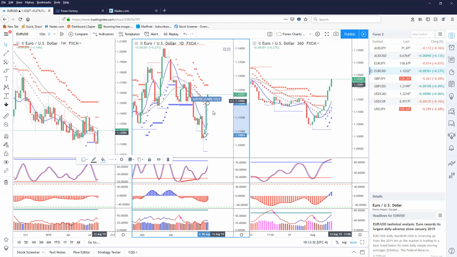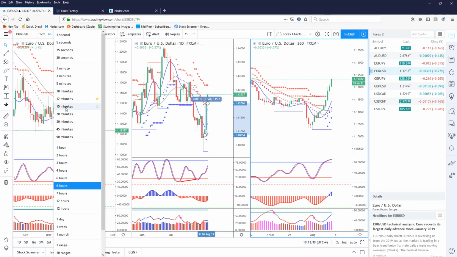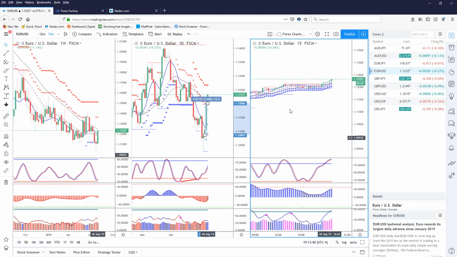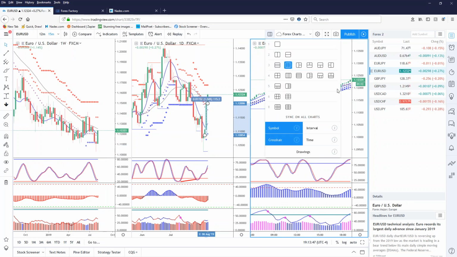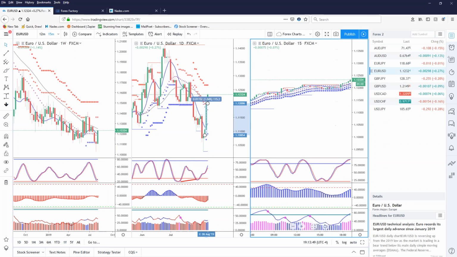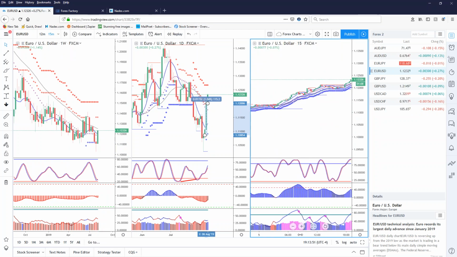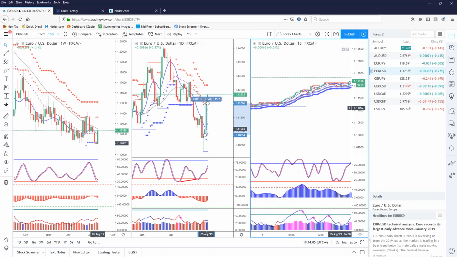But I can drill down in time all the way down to a 15 minute. So now we have a 15-minute chart. And every time this hit these blue dots or even the blue cross, that's a 2 hour binary, that's a 2 hour binary.